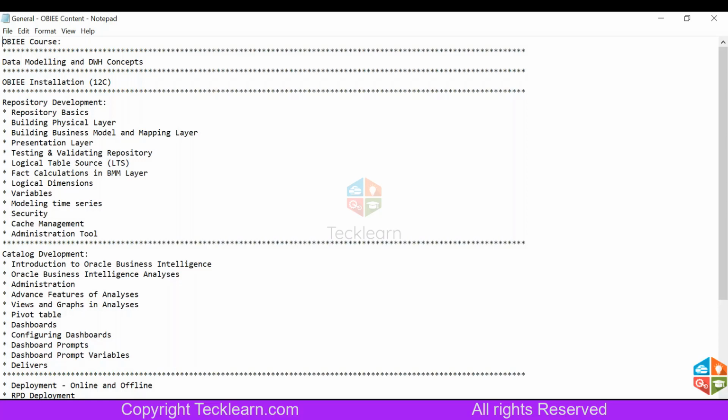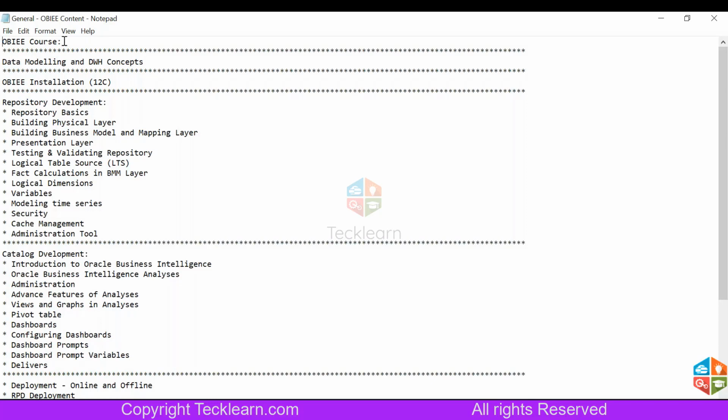It might be any requirement, but everything can be customized by using the data in a reporting tool. When I say reporting, it's not only OBIEE; it can be any of the reporting tools. So in our course, we will be seeing OBIEE, with the different concepts, advantages, disadvantages, possibilities, and drawbacks.